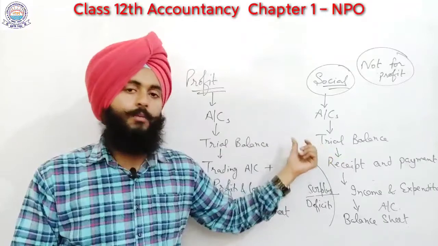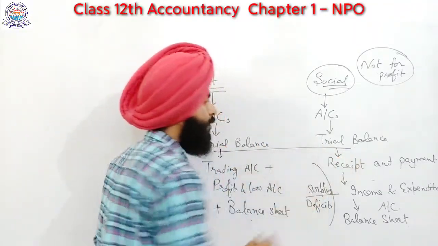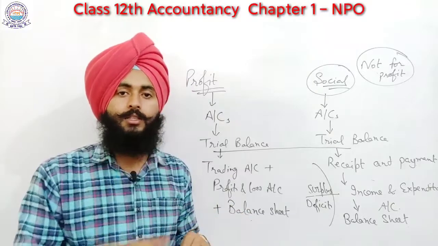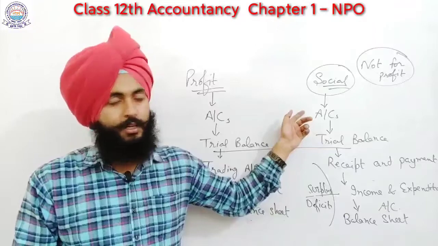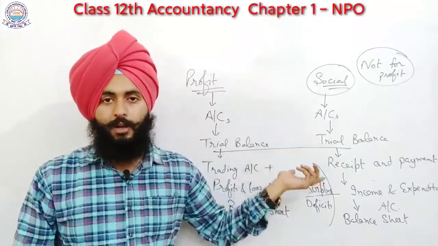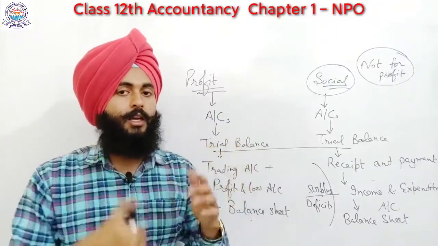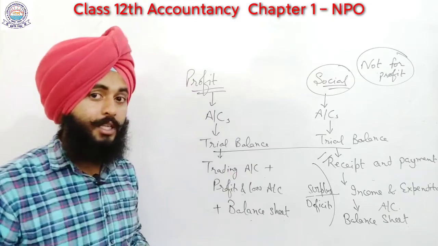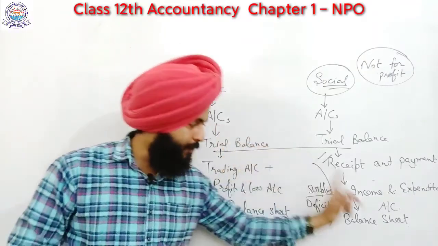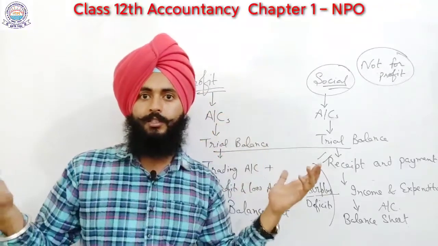Other thing is that trial balance we have to make. So up to this section you have already learnt in the last year, in the previous year, कि how to draw journal entries and how to prepare the trial balance. सीखना क्या है, लर्न क्या करना है इस बारी. We will start from this part, receipt and payment account, income and expenditure account. फिर उसके बाद we will learn balance sheet.